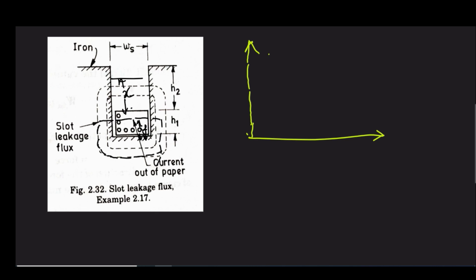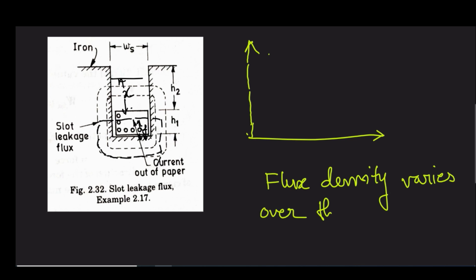So actually I'm trying to draw this, you can say how flux density varies over the slot depth. That is my concern here. Now you can understand that flux density is varying over the slot depth. It's like